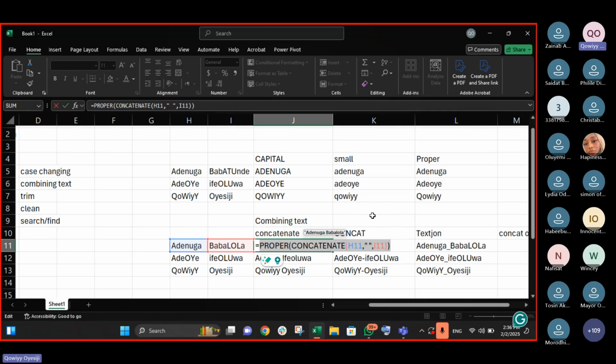That is what you have. And that is why, look at when I do this. What do you notice? The one I'm having is a capital letter B. That means this one is doing the work of combining the two, and that is why you're having that. Now look at when I select from this Proper. What do you notice? It is now working fine.